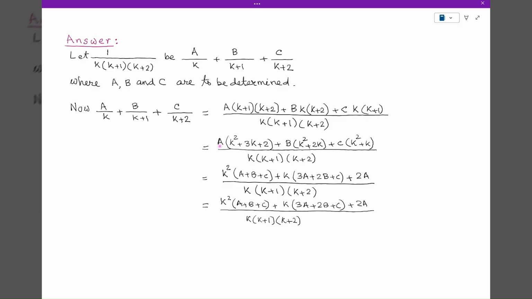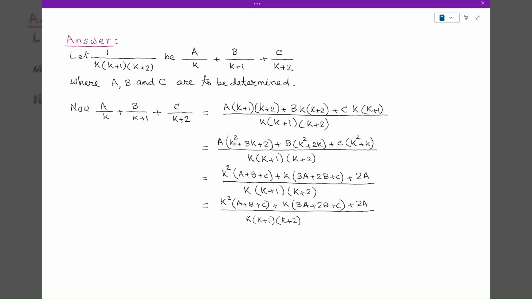And that is equal to a, and if you multiply these two terms we get k square plus 3k plus 2. Similarly, when you multiply these two terms we get b multiplied by k square plus 2k, and the last term becomes c multiplied by k square plus k. And the denominator is the same as before, which is k multiplied by k plus 1 multiplied by k plus 2. And that is equal to,